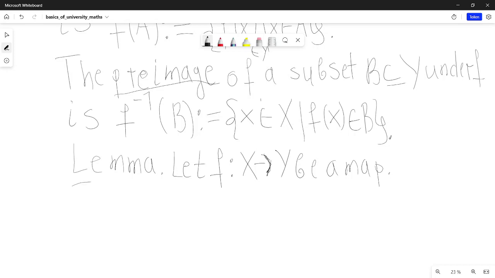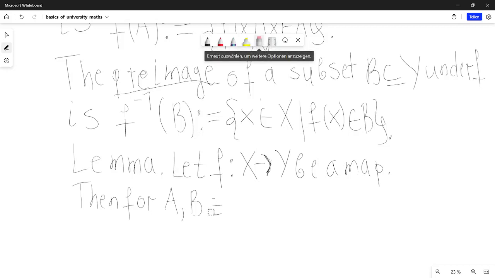Then for A, B, element, subset, not element, of course, if it's big letters, then probably subset, at least in our settings. Subset of Y, we have